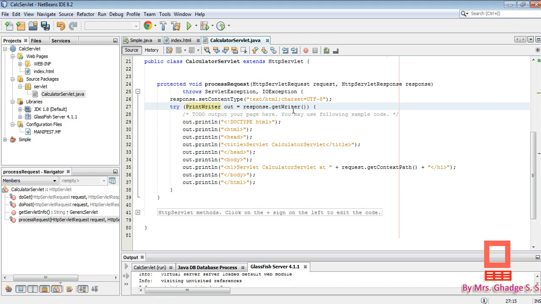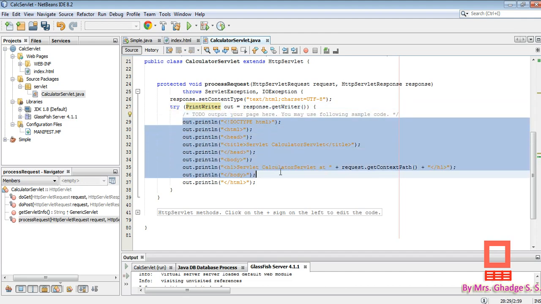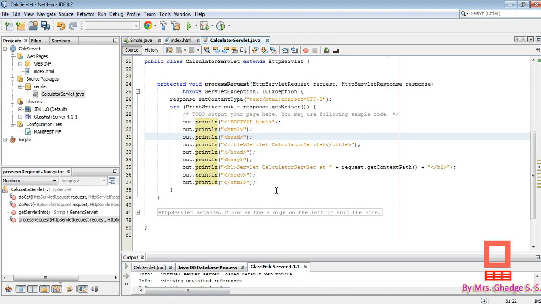That means whatever response is formulated will be sent with the help of this PrintWriter object, whose name is out. We are going to use this out object throughout the next code. out.println will write the output by using the method println.